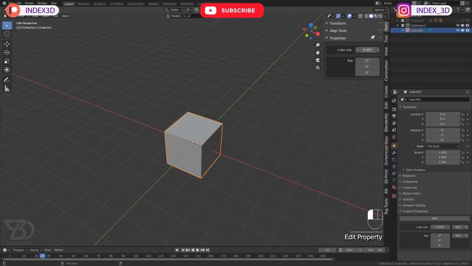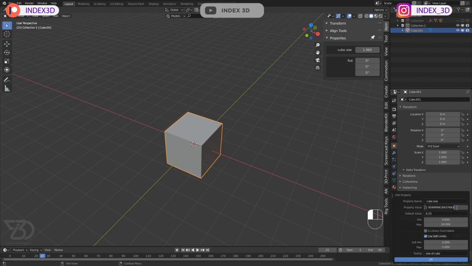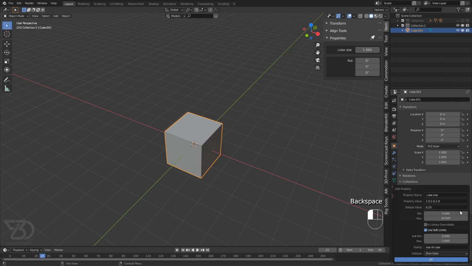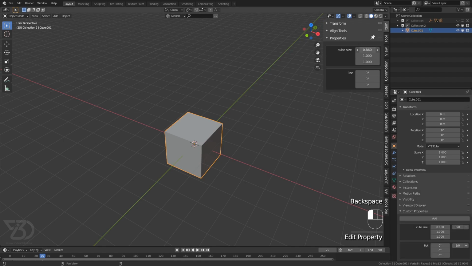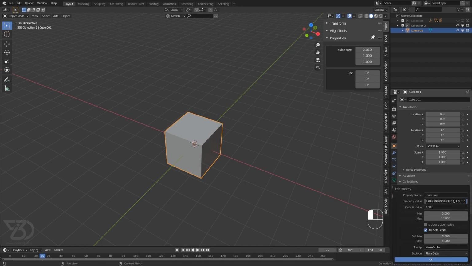We can also create 3 values in a plain data block. So now if I type in 0.0, comma 1.0, comma 1.0, so now we have multiple custom properties in one single subname, and for now I will leave it as a single property.